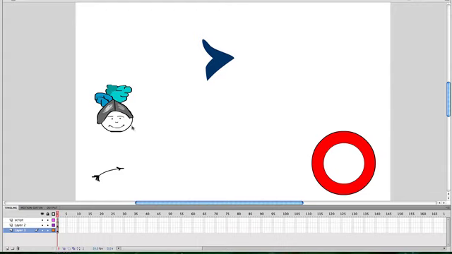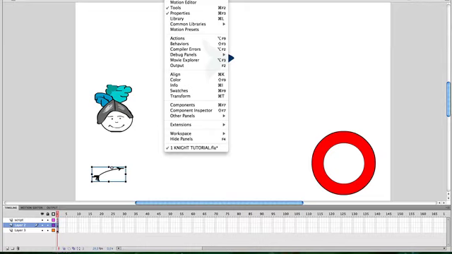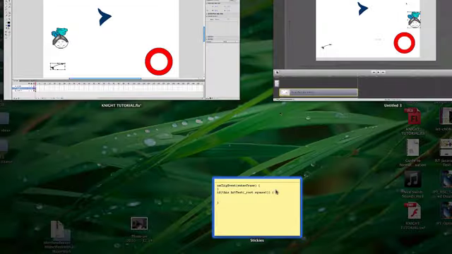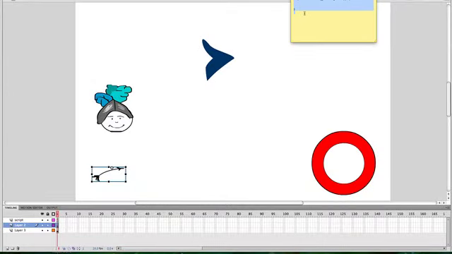So the next part is to actually make sure that when the arrow hits the target that it does a particular thing. In this case, we're actually going to put a script on either the arrow or the target. I'm going to make it on the arrow because it makes it a little bit easier if we have multiple targets to know that it's just on the arrow. So I'm going to go to Actions here and I'm going to get a script that I have prepared earlier